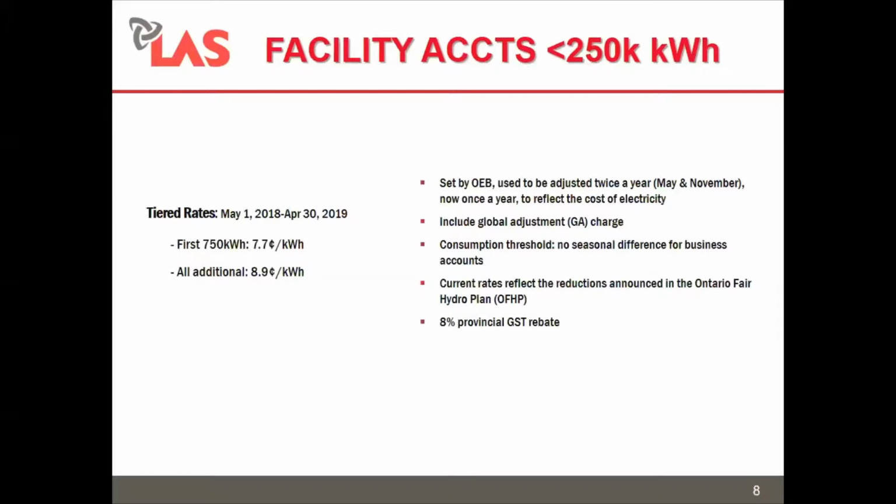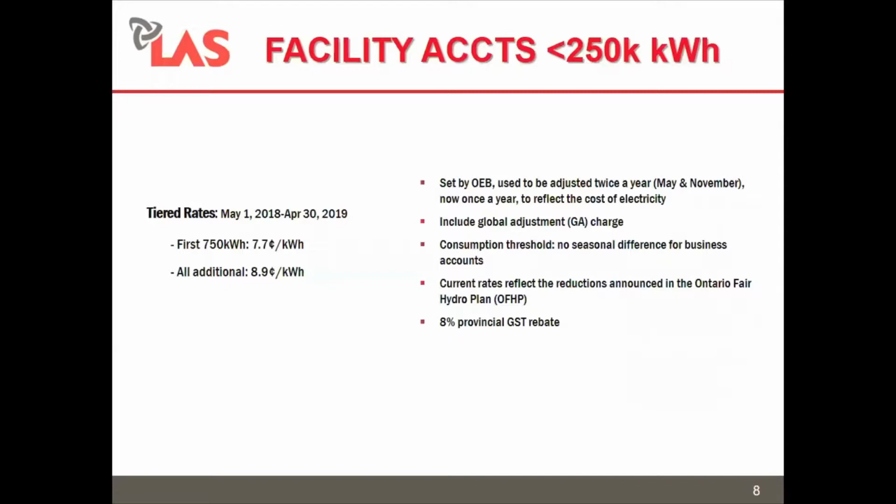For the first 750 kilowatt hours each month, you will pay 7.7 cents for that consumption, and all other consumption beyond that 750, you will pay 8.9 cents. And this is the same as the TOU rate set by the OEB,